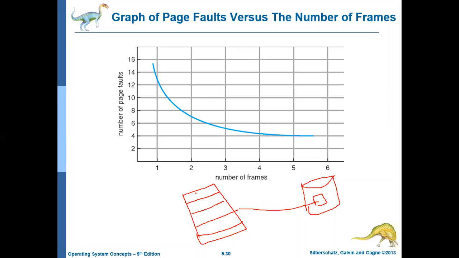But assume that none of the pages were empty. All pages are filled. Let me mark it as X, which means they are occupied by some process. So there are no empty frames in the main memory to bring in the page which has created the page fault. Now what should be done? That is the question. The topic we are going to discuss, page replacement algorithms, depends on this basic